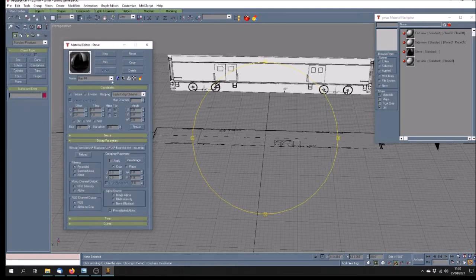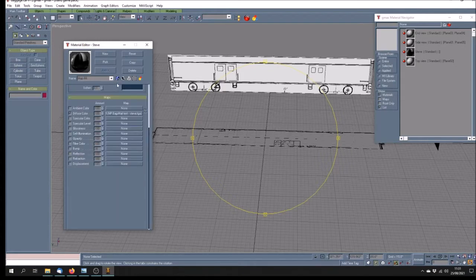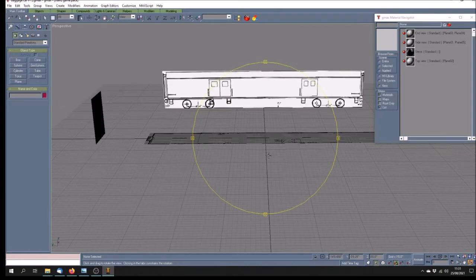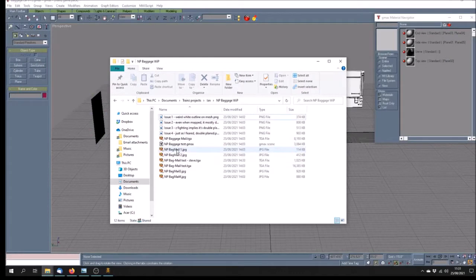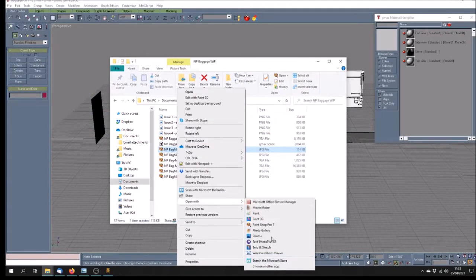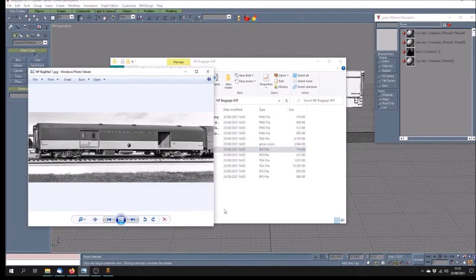Okay, and let's just make sure it's all. Yep, that is clicked, so we've got it active here, the little red dot. Okay, so what am I going to do? Well, if I go into here, I'm going to open up using Windows Viewer. This is Northern Pacific. This is the